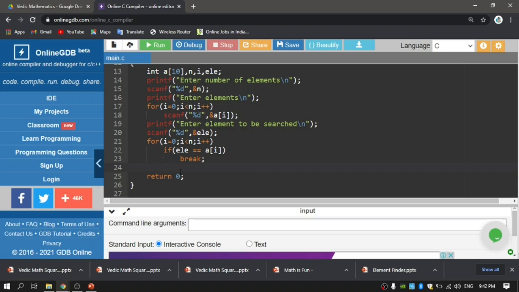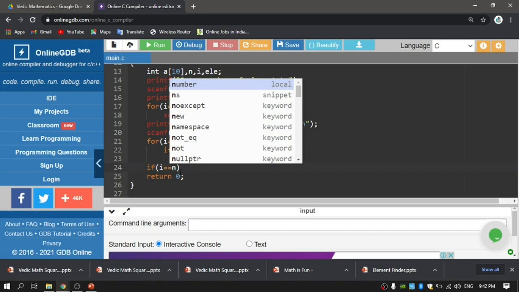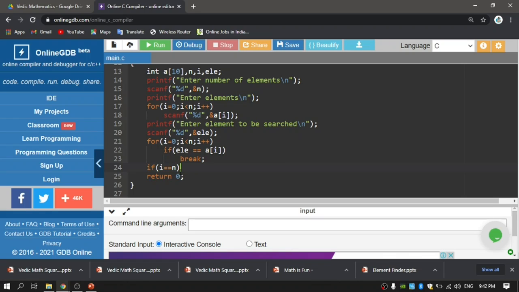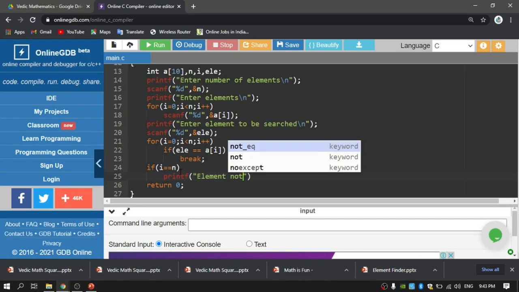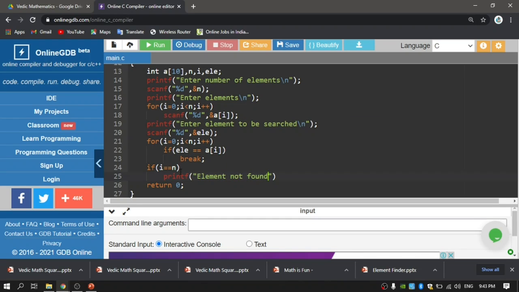What I am trying to say here is, if i is equal to n, then simply I can say printf element not found. This is what I can say now. Otherwise, what is the meaning of otherwise? The i value is not equal to n, it is somewhere less than n. In such a case, I can say element found.